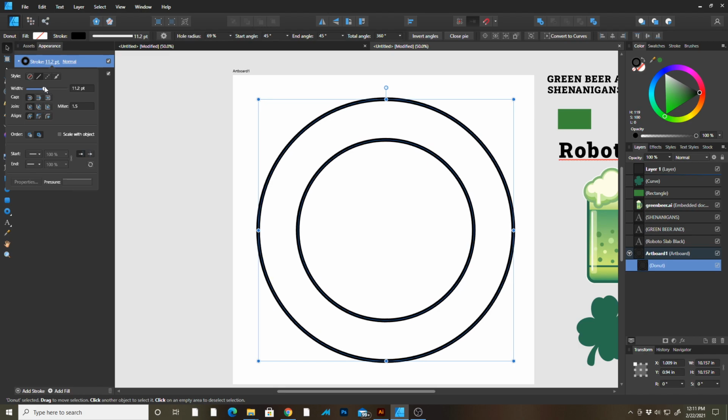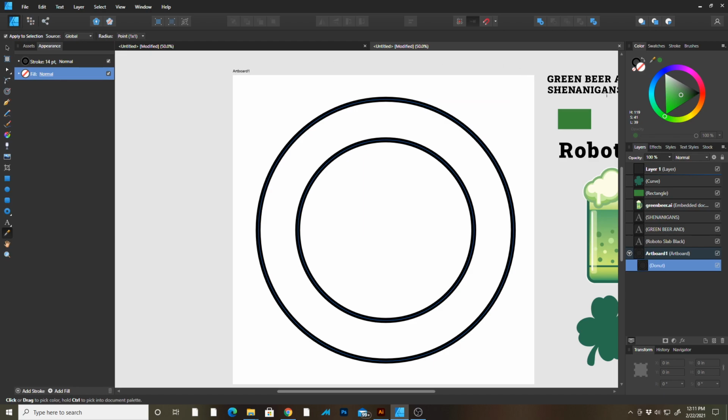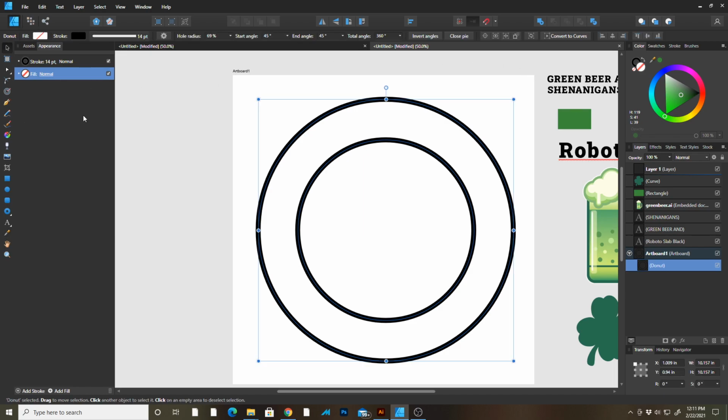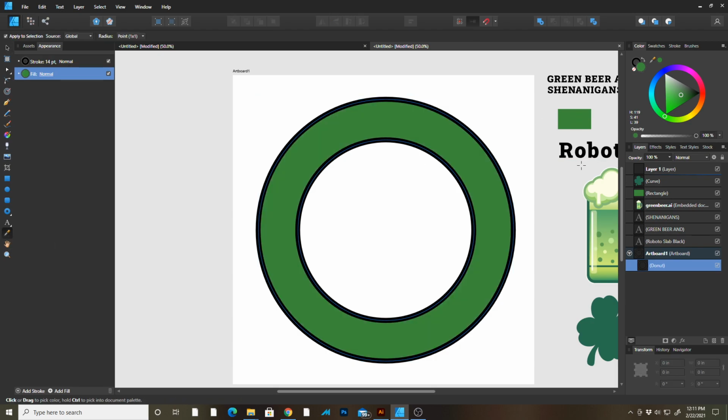Right now I have, we'll do 14 again. And right now I have my fill set to none. So I just click on this swatch here and make sure that this white circle with the red slash through it is selected. And now I'm going to sample. I'm going to use my eyedropper, push I on my keyboard, or grab the eyedropper tool. And I'm going to sample this green swatch that is in the